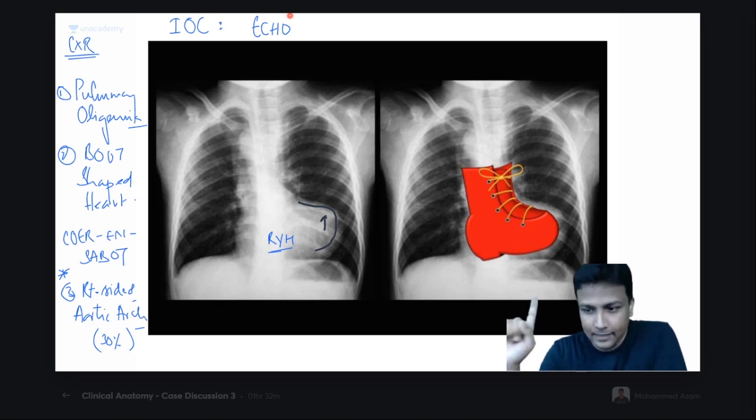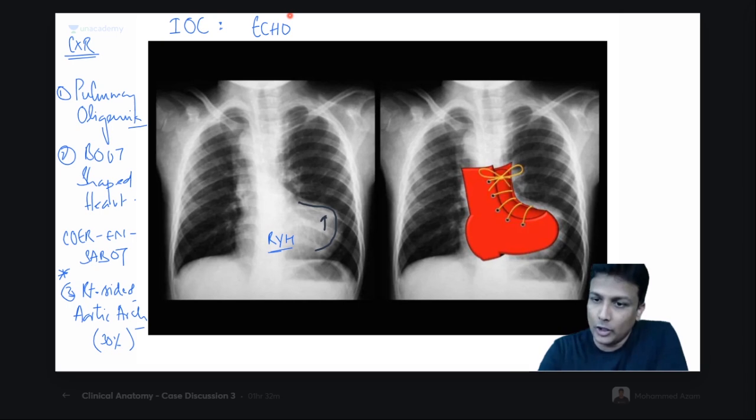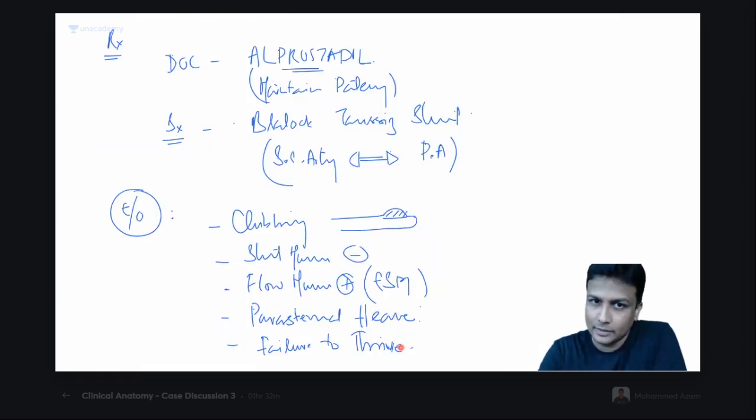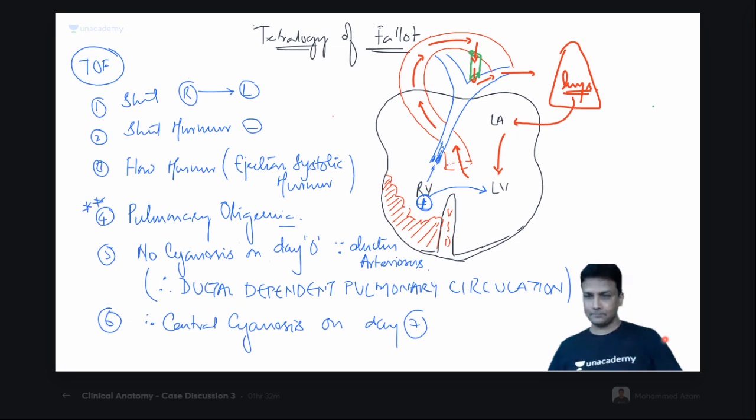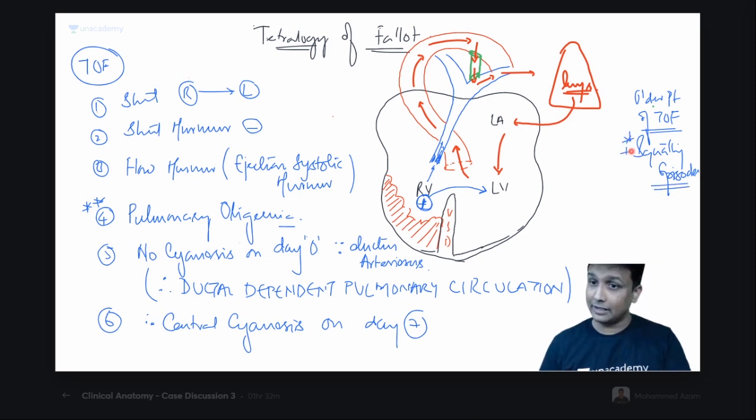Okay, fine. Now listen carefully. If suppose this child, as the age increases, in the older patients of tetralogy of Fallot, welcome to the last and final point here right now, sir. In the older patient of tetralogy of Fallot, what will happen? There'll be episodes of squatting. The person will do what? Squatting. All these words are important, guys. These will be keywords.